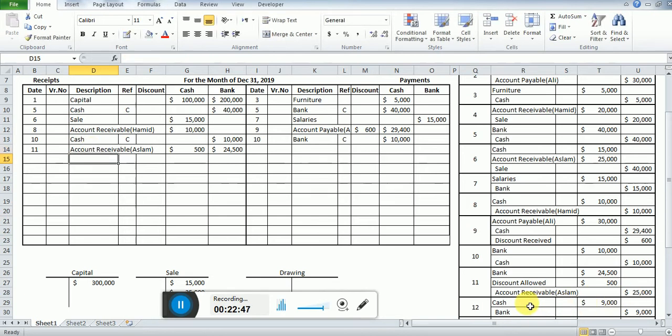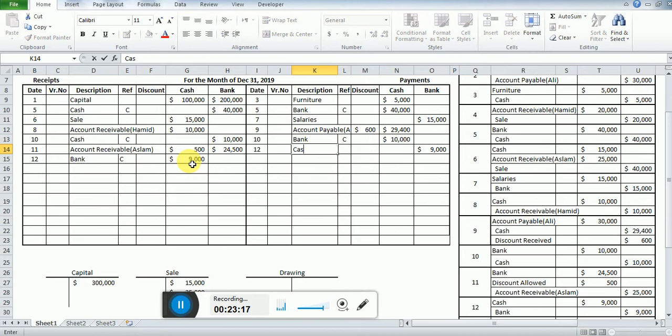Okay, dear students, next we have entry number 12, cash in bank account. Cash is debited and bank account is credited, and this is a contra entry. So number 12, cash account debited $9,000, and this is because of bank, and put C here. Also, date 12, bank account credited 9,000, and this is because of